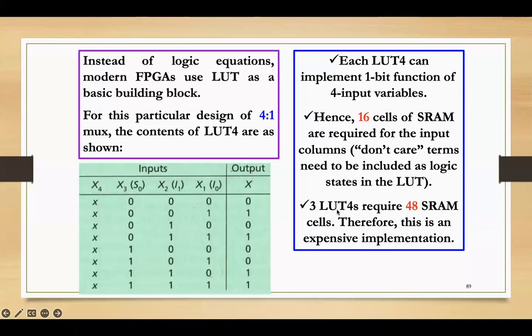So you will need 3 LUTs which have 4 inputs. They will require around 48 SRAM cells. These are nothing but the number of combinations. As the number of SRAMs increases, the cost also increases because we need to keep manufacturing them, and it's an expensive